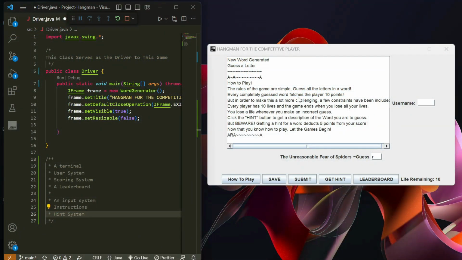We also need to account for the back end of this application. So by back end, I mean the system that will be responsible for taking care of the user system, the hints, the leaderboard, the instructions, etc. Like the things the user will not see. Now, we could go ahead and make our own back end system. However, that would take quite some time. So it would make more sense to make use of a back end as a service